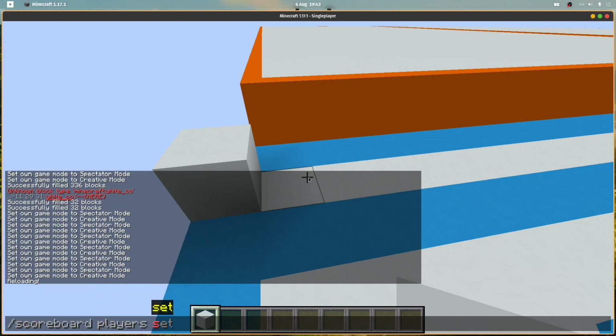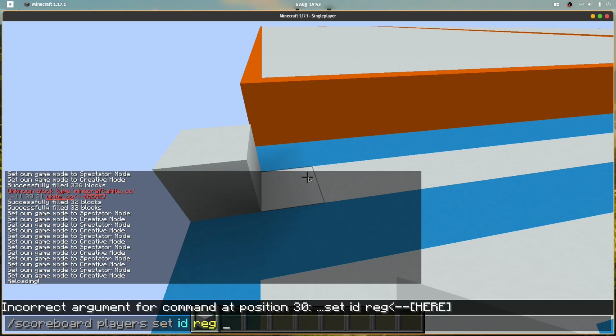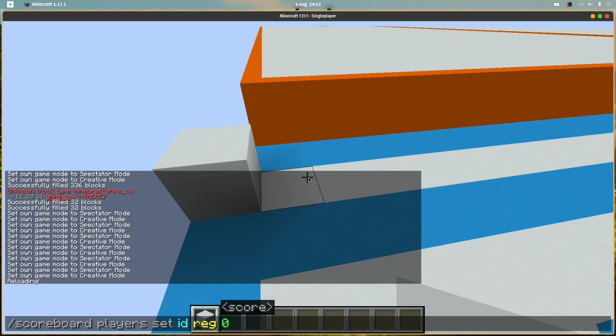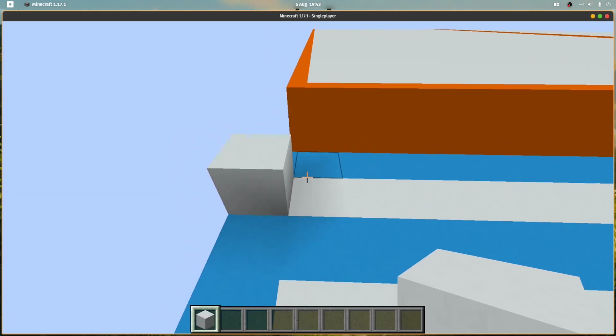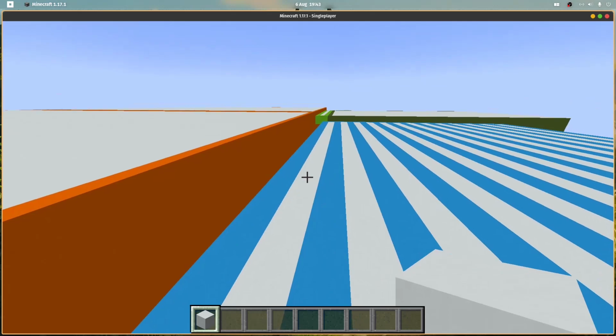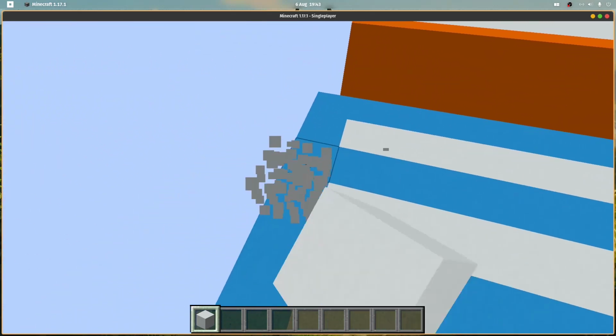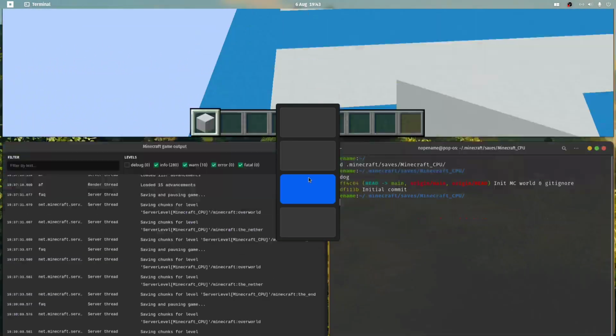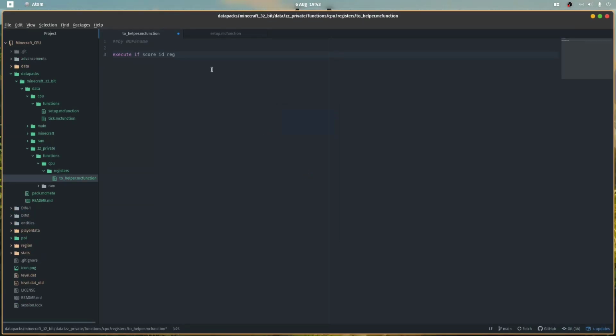Scoreboard players set ID reg for register and then 0, and after that I can perform some action and it will perform that action on register 0 or 1, 2 and so on. Again, wrong direction. Okay. If score matches 0, run